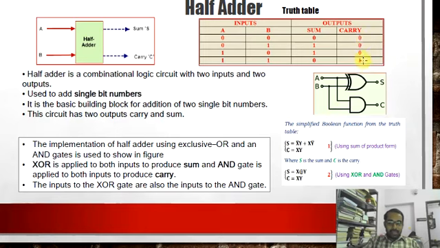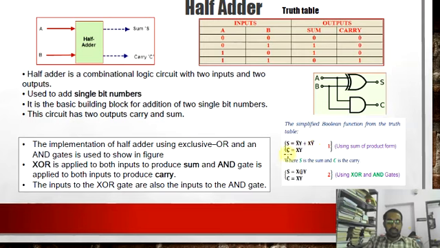Similarly, we can see here the carry output is 0 0 0 1. So carry is high only when both inputs are high. That corresponds to which logic gate? That is the AND gate. AND has output high only when both inputs are high. For all other combinations of inputs it is giving low. So logically, we can create the output of the half adder circuit, the building block of this, using an XOR gate as well as an AND gate.